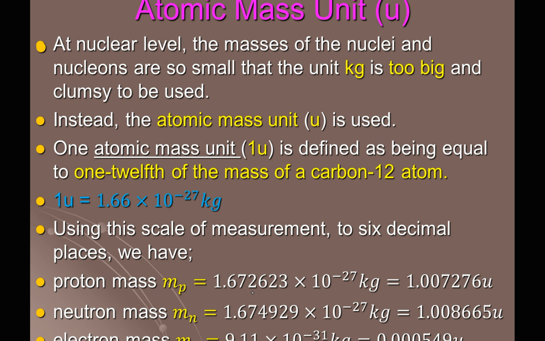If you divide the neutron mass of 1.674929 times 10 to the power of minus 27 kilograms by 1.66 times 10 to the power of minus 27 kilograms, you're most likely going to get 1.008665 u. If you divide the electron mass by 1.66 times 10 to the power of minus 27 kilograms, you're most likely going to get